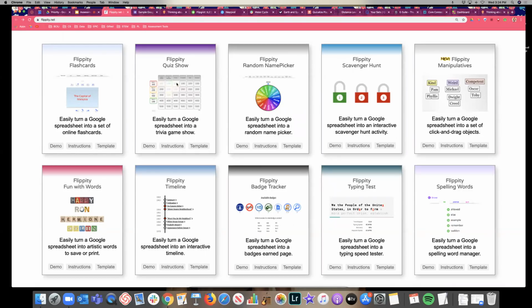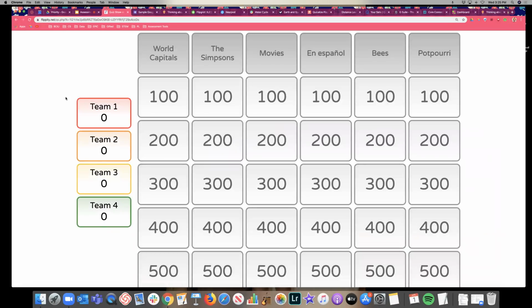So here is Flippity Quiz Show. I love this for assessment. I love it for a couple of reasons. One is because it's way more fun to have a quiz at home with your family, or if you're running a synchronous class activity and you're all coming together in Zoom, you could project this and the kids could